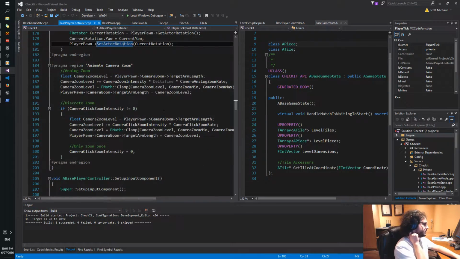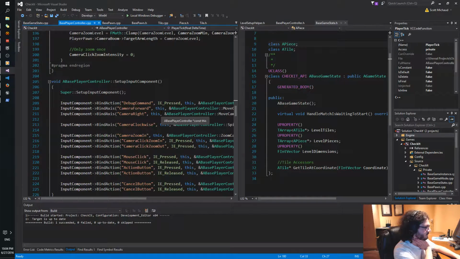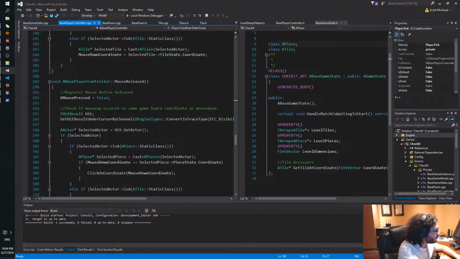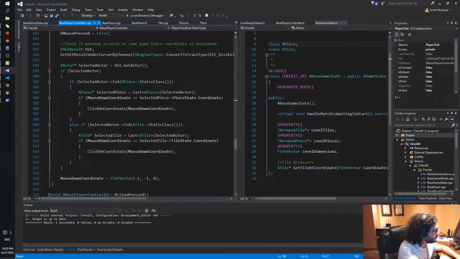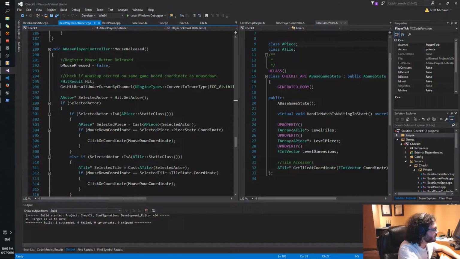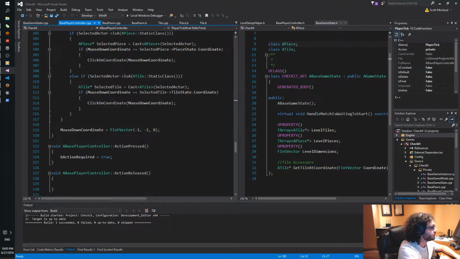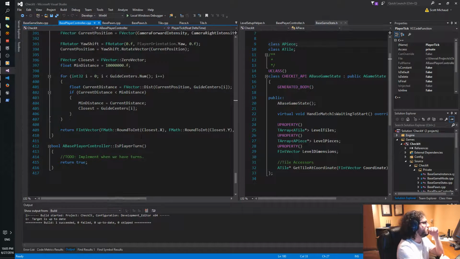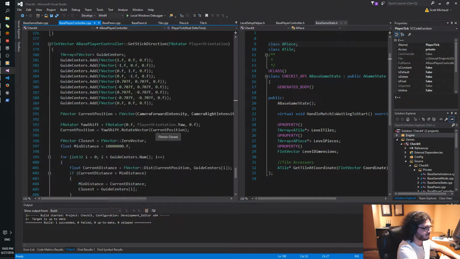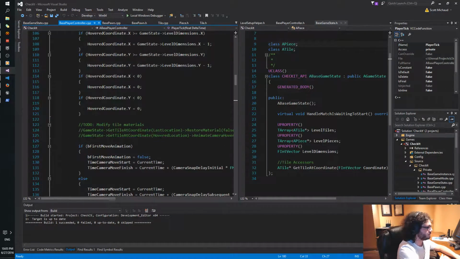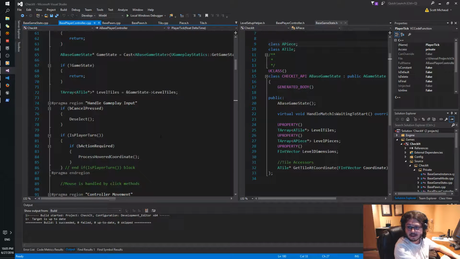Okay. So this is the mouse press code and mouse release code, which handles a single click, sorry. We're defining a click as whether you click down and click up on the same actor.